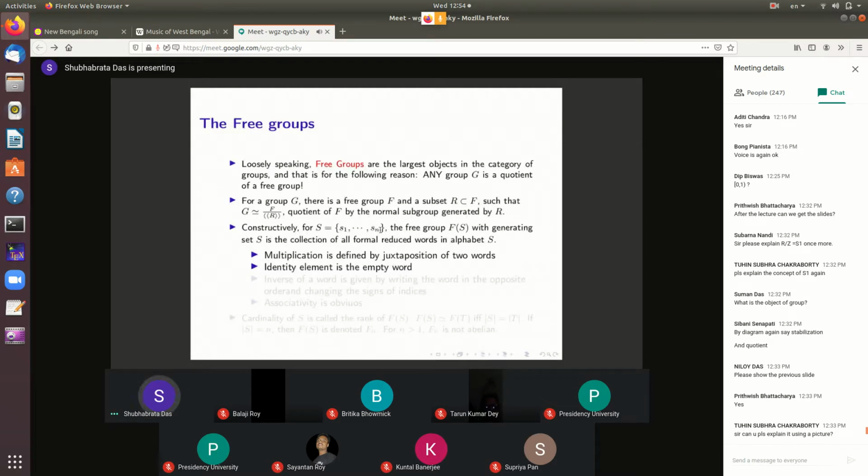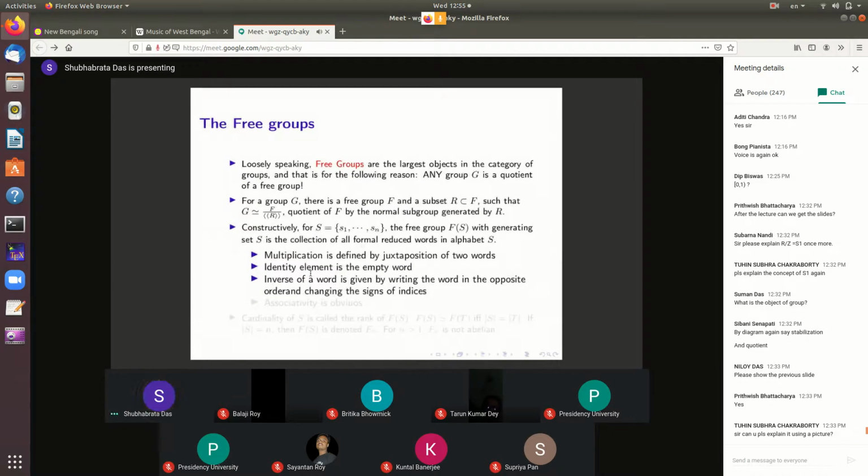When you have a word with a subword like Si followed by Si inverse, you just delete that subword. So you keep doing such things. What you end up having is called a reduced word, and in that word you don't have any S inverse type of subwords. So now you take the collection of all such formal reduced words in the alphabet S, and then what you have